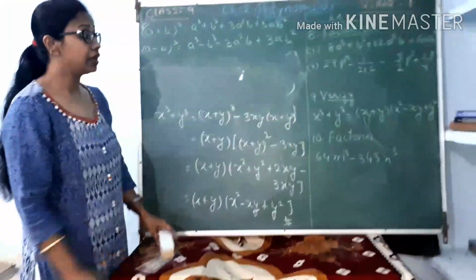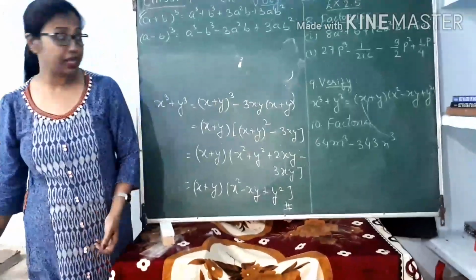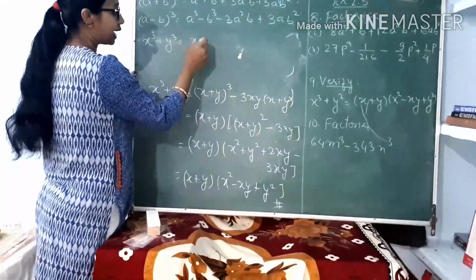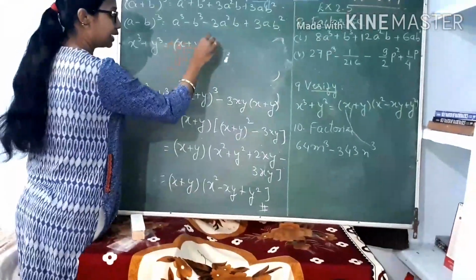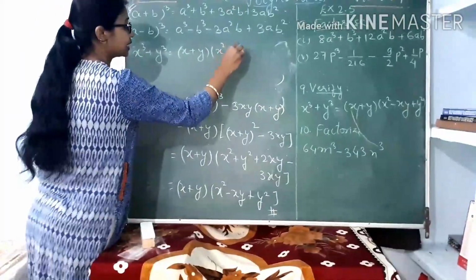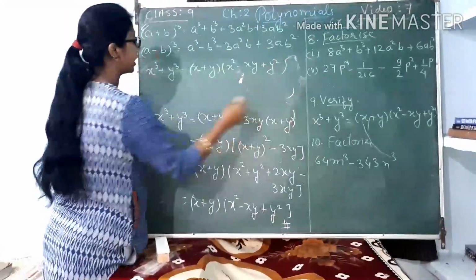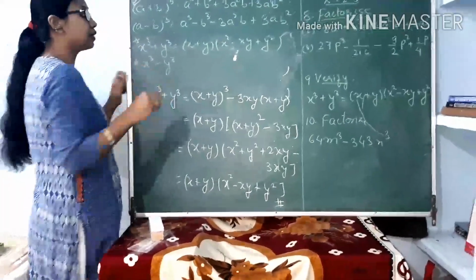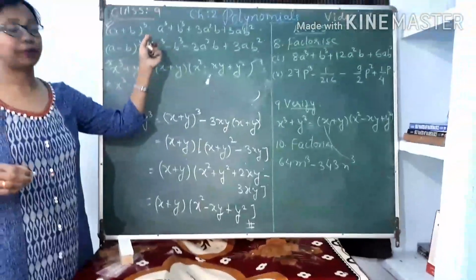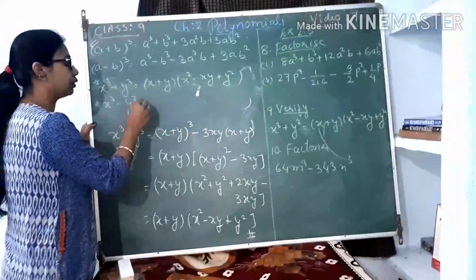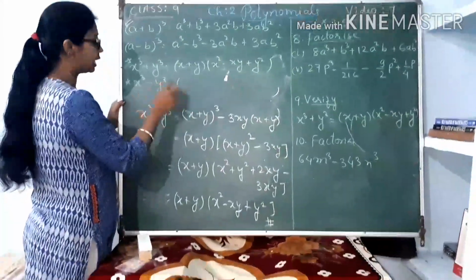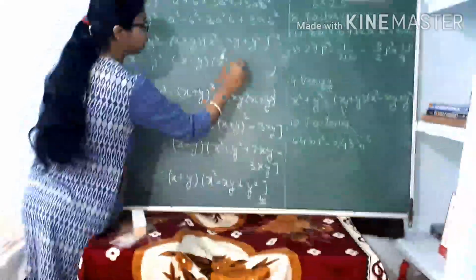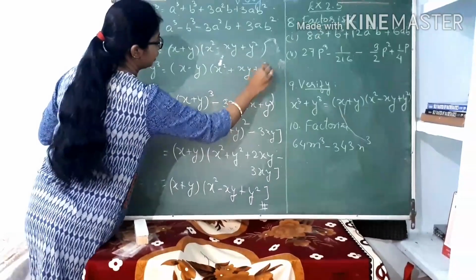I hope this is understood. So for the minus sign you do it on your own. So x cube plus y cube, remember this is x plus y in the first bracket. Next bracket is x square minus xy plus y square. Its second part was for the minus sign, x cube minus y cube. So this is an identity also. This we derive from the previous identity. The second part is your homework. You do it on your own. I am writing its result: x minus y in the first bracket, x square, the second bracket all positive, xy plus y square.